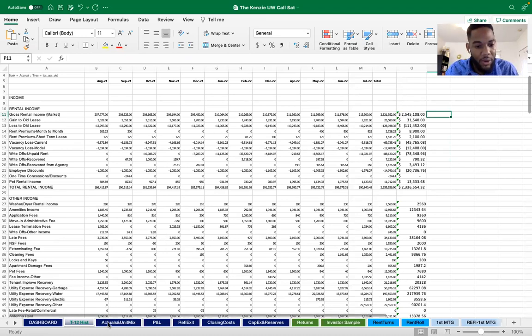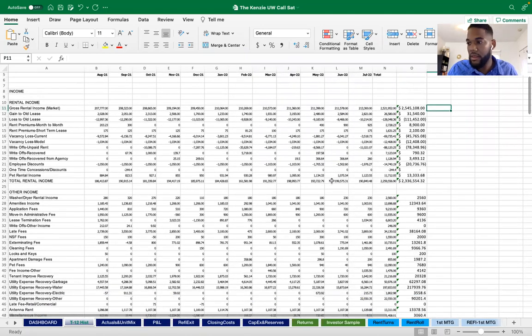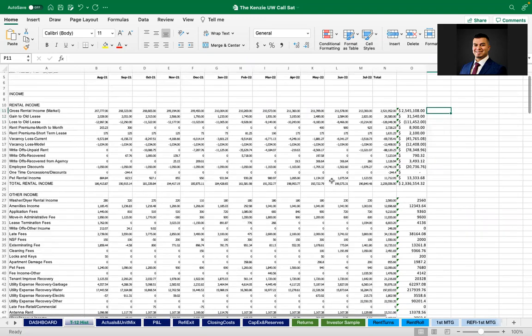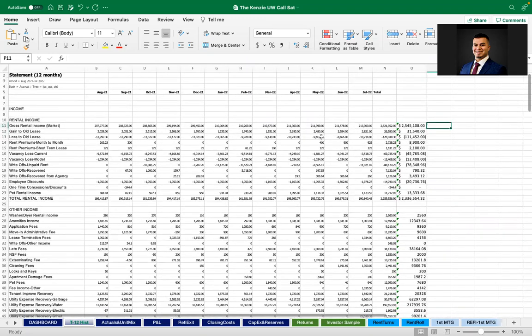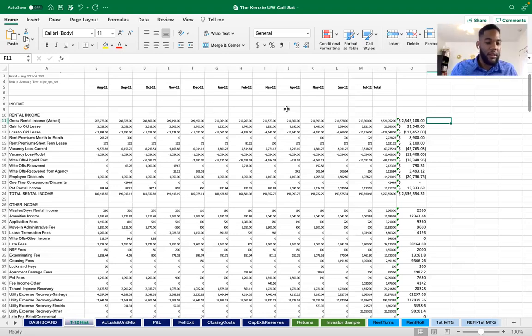Alrighty. And now we're going to calculate the physical vacancy on the property. So does anyone know what the difference is between physical vacancy and economic vacancy on the call? I believe physical vacancy is when someone's not physically in the unit and it's completely vacant. And economic vacancy, I believe, would be if someone that works at the property is living in there at a discounted price. I could be wrong on that, actually.